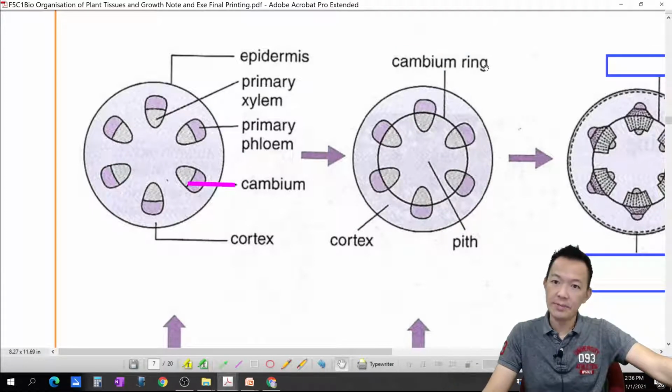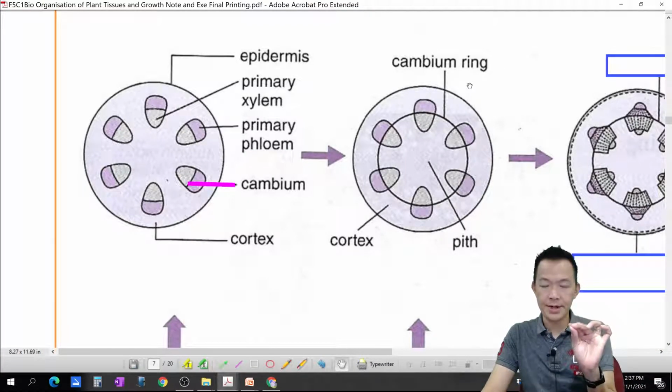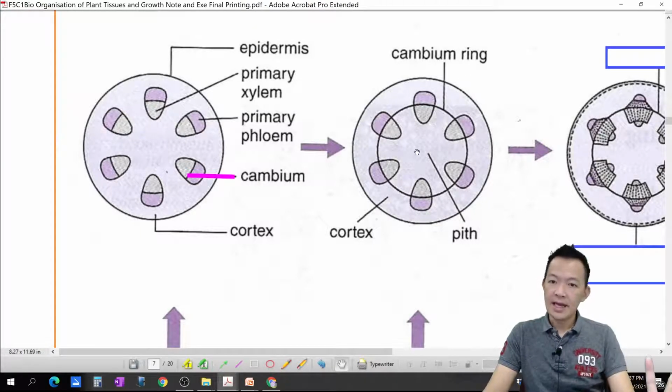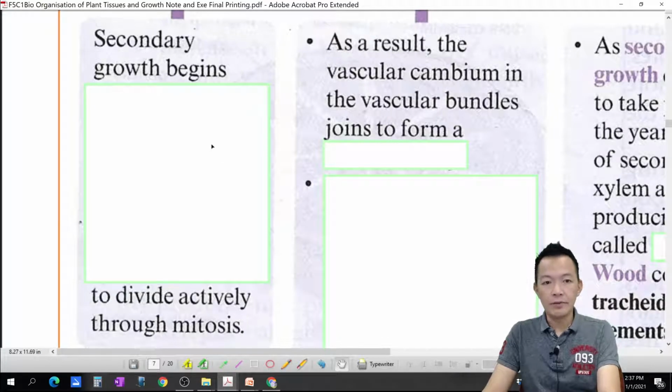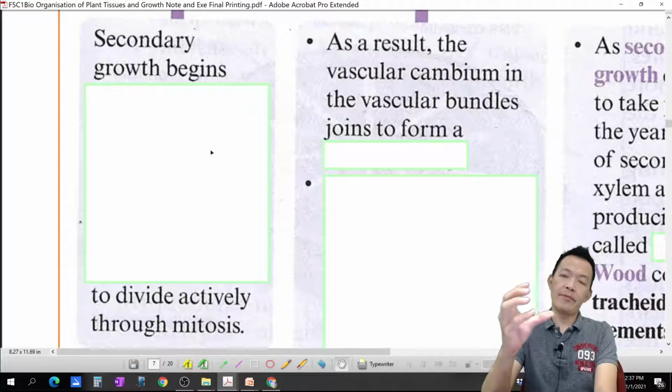And this is what we call the cambium ring. 这个圈就叫 cambium ring. So at the beginning of the secondary growth, cambium tissue joins together, actively divides by mitosis, forming the cambium ring. Okay? And next, remember at the center of the stem, 在茎的中间呢, normally we call it the pith. 木髓就是木的中间 pith. Okay, so the cambium ring will be formed. Secondary growth begins. 什么时候 secondary growth 开始呢? Cambium tissue